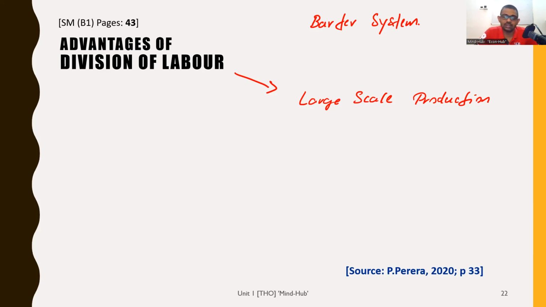It's basically direct exchange. Now, one of the biggest problems with this barter system was this constant, very inefficient, inconvenient requirement called a double coincidence of wants. Without a double coincidence of wants in the barter system, exchange will not take place. So how does this double coincidence of wants work, and why was it considered the biggest bottleneck in the barter system?